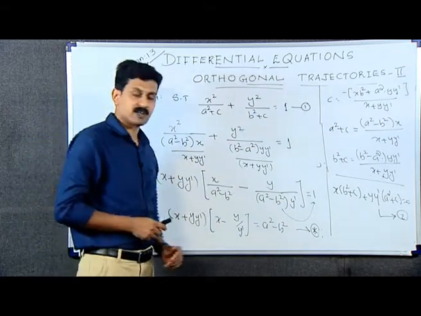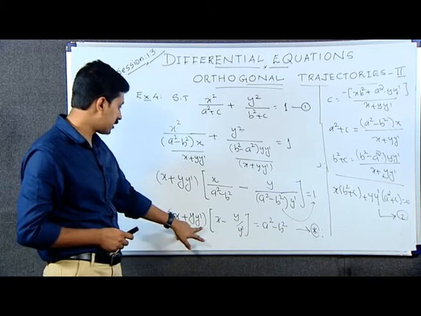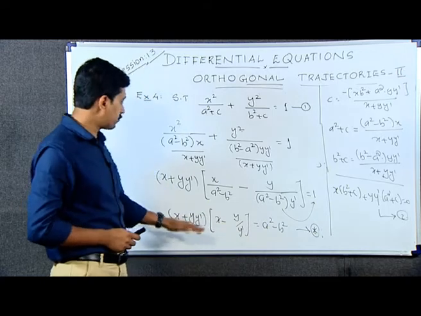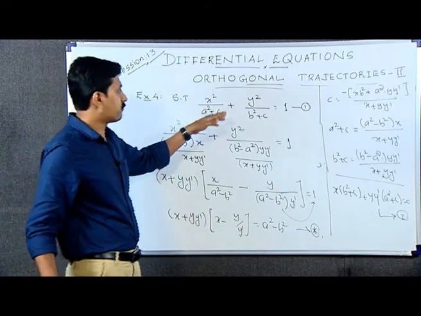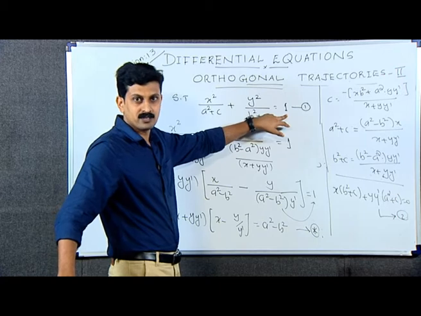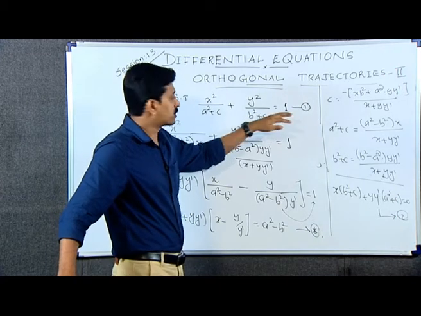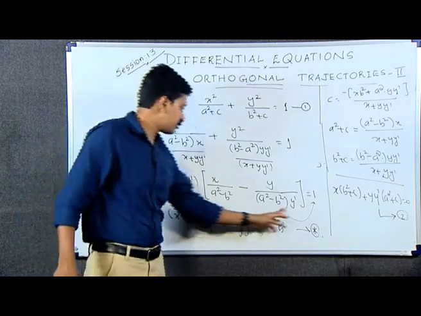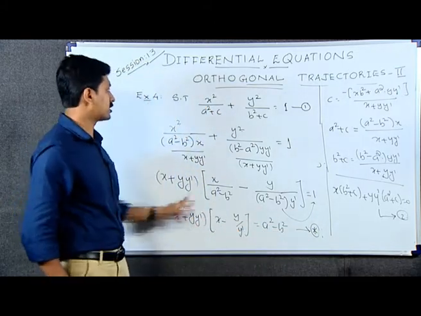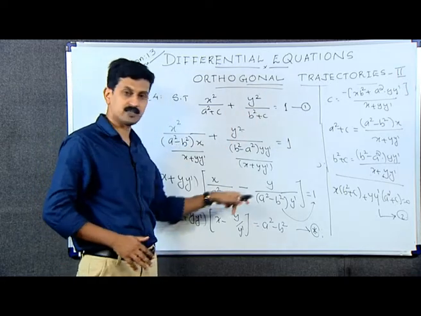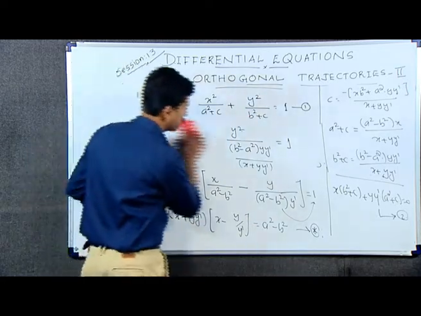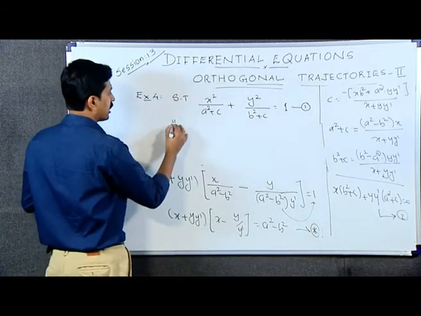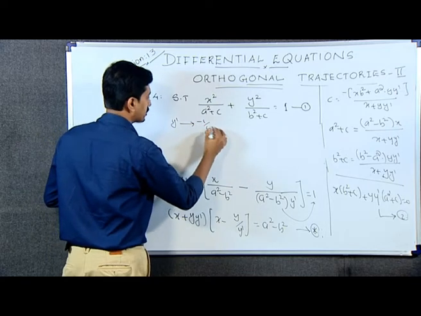See, the star contains the differential derivative y dash, the first order derivative. So, simply we can say that we found star from 1, and 1 is the collection of all ellipses, the family of ellipses. And see, while solving this, this is now the differential equation we generated from 1, and I am replacing y dash as minus 1 by y dash in star,